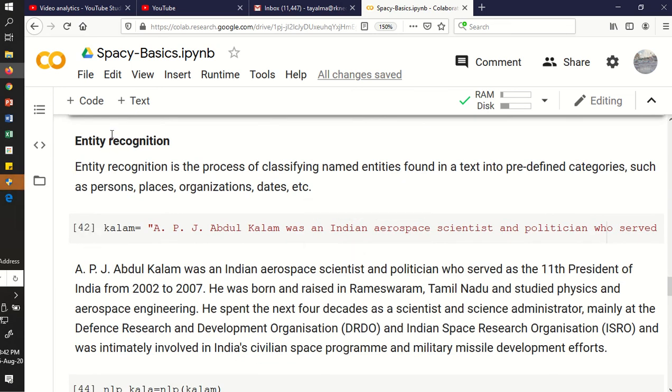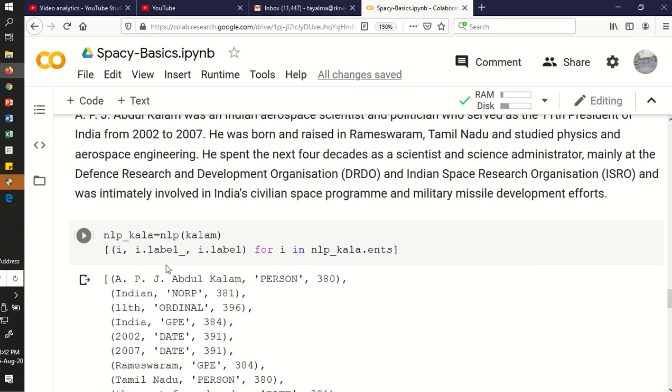Let us go ahead with the next kind of operation in spaCy, that is entity recognition. We also call it NER, named entity recognition. So now here I am passing one paragraph on APJ Abdul Kalam sir. I am keeping that whole paragraph in a variable, suppose kalam. Now this variable I am keeping